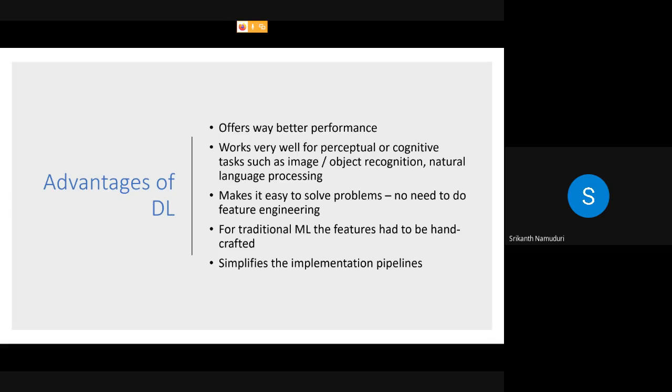We do a lot of feature engineering, that is deriving new variables from existing variables. Maybe take a square of a particular variable, cube, or product of two different variables or things like that. So feature engineering was one of the most time consuming parts of traditional machine learning,